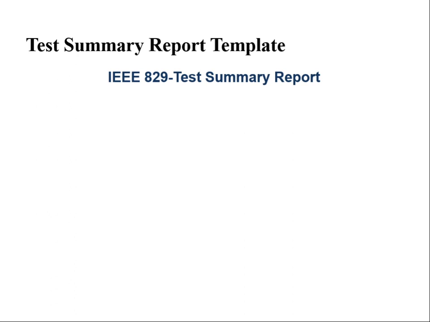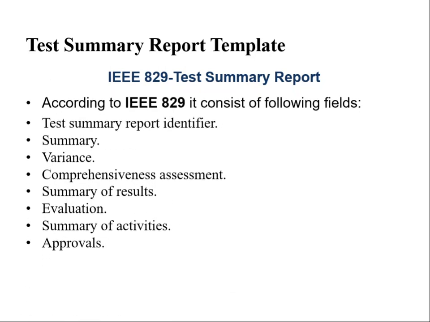Now we are going to briefly discuss the test summary report template. You can use the IEEE 829 standard test summary report to prepare summary report. It consists of total 9 different fields as below. The first field of test summary report is test summary report identifier.